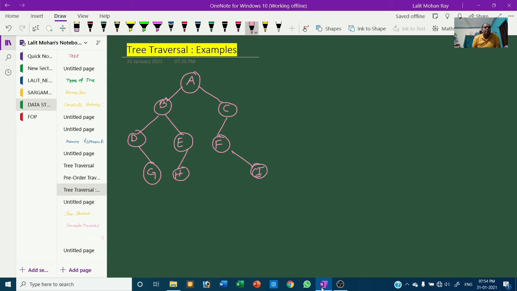So pre-order traversal means you have to go to the root node first, apply the NLR algorithm: root node first, then left subtree, then right subtree. So A will be traversed first.